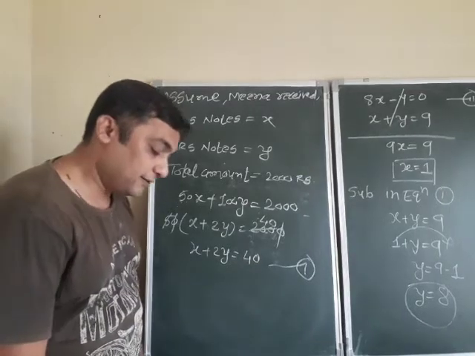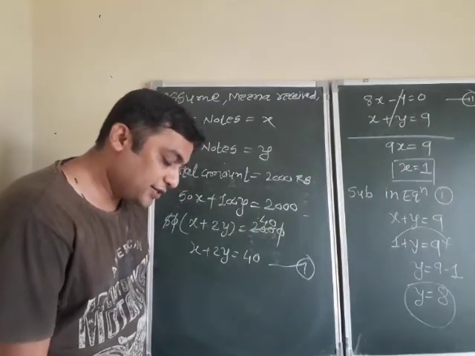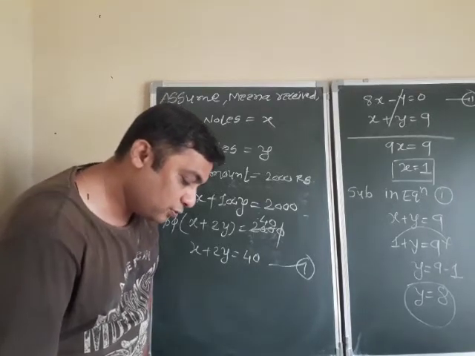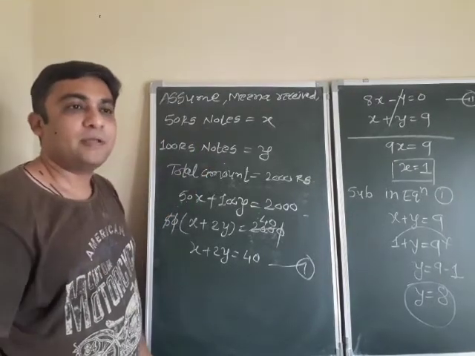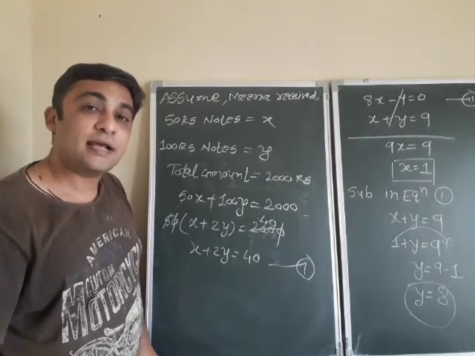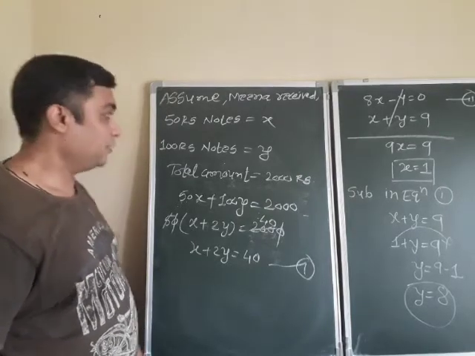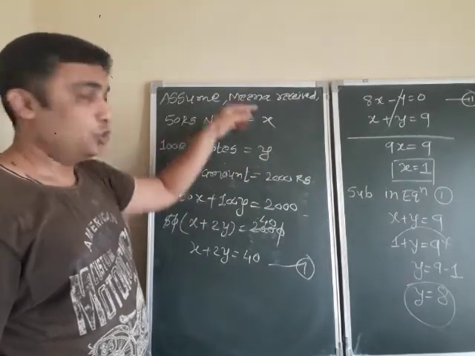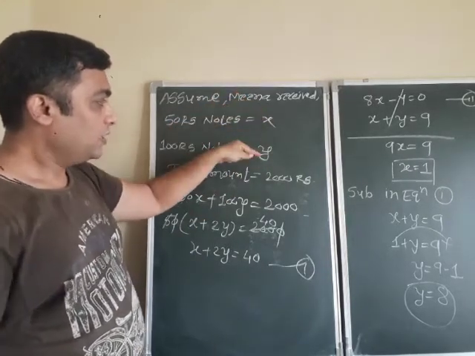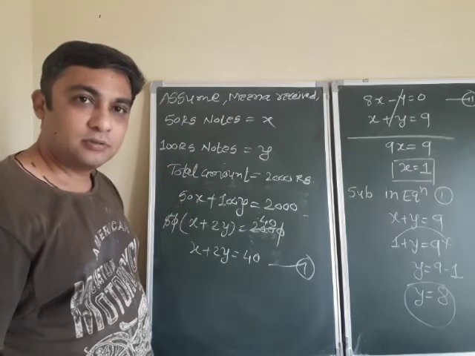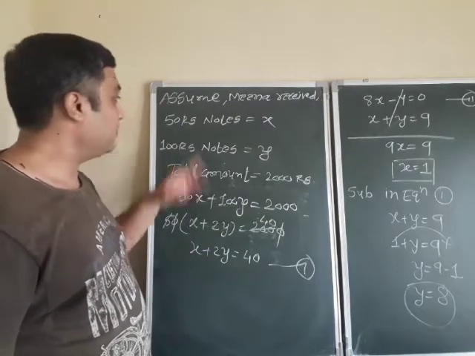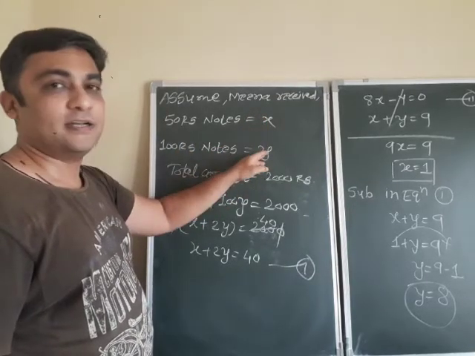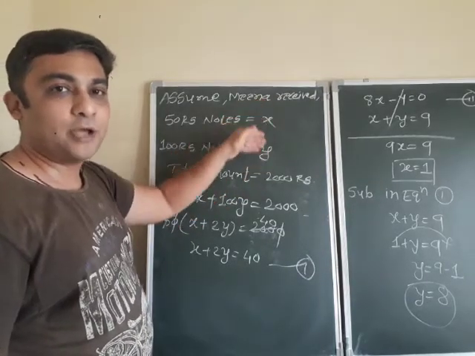Now see, for the second equation, read the data. She asked the cashier to give her rupees 50 and rupees 100 notes. Meena got 25 notes in all. Now how many total notes did Meena get? 25. Now 50 rupees notes are x, and 100 rupees notes are y. So total notes is equal to x plus y. Yes or no? How many total notes? If 50 rupees notes are x and 100 rupees notes are y, say this is 5 and this is 7, then total notes will be 5 plus 7.